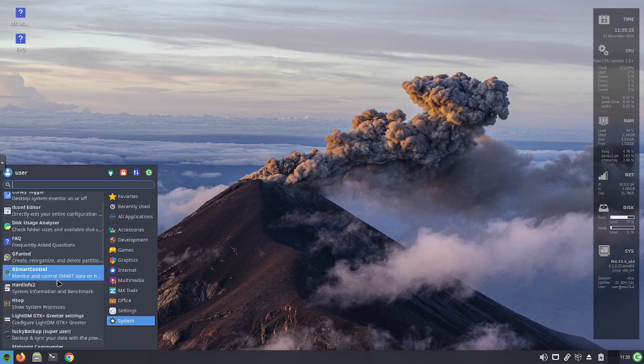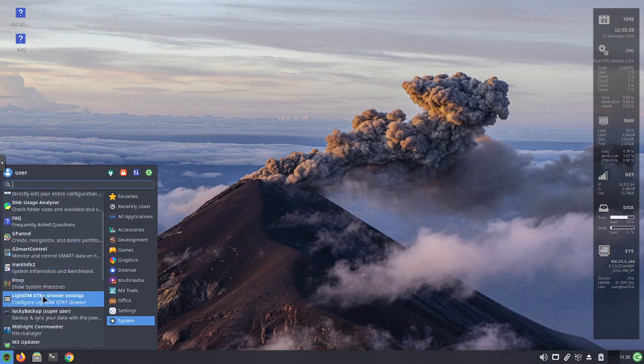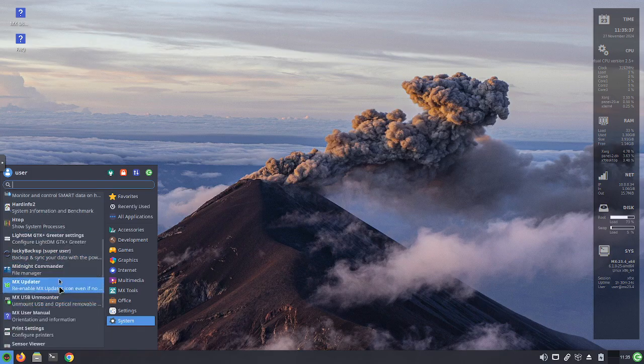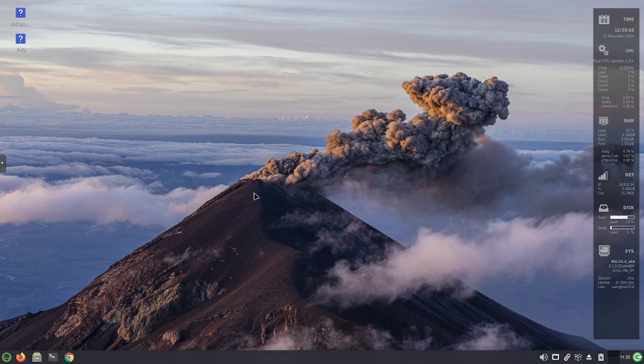And again, under System, more info. There's that Hard Info package I was talking about earlier. HTOP, if you click on that, it'll just open a terminal. Lucky Backup. Lots of awesome tools. The MX Updater, always important to update your distribution. But overall, just couldn't be more pleased with MX Linux 23.4, and it's highly customizable, which I'm a big fan of. So had a lot of fun